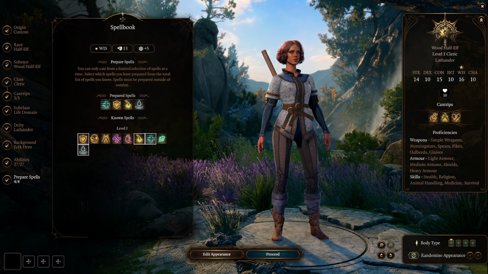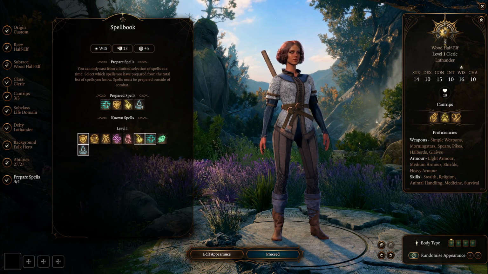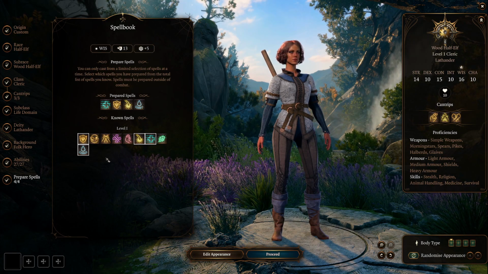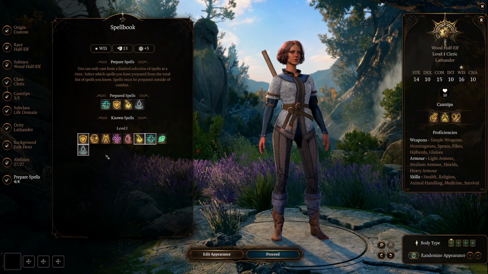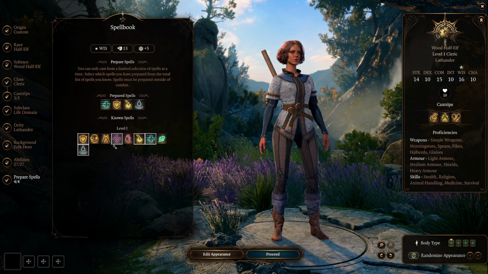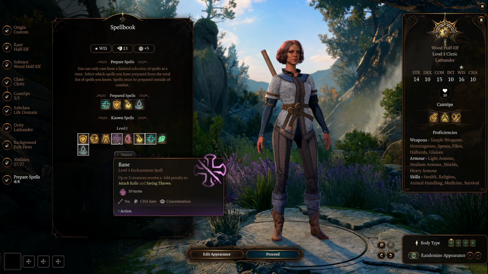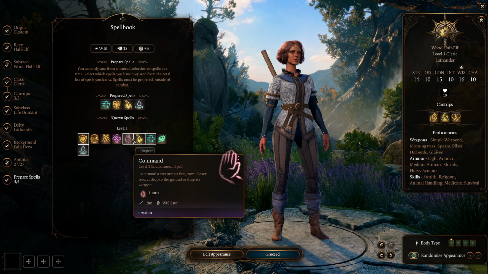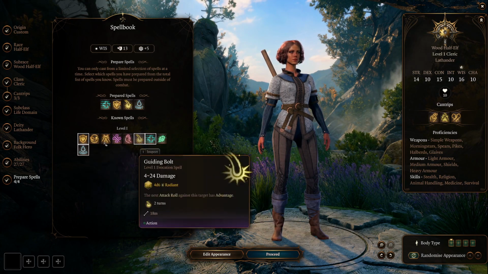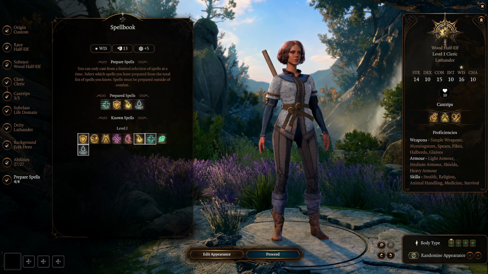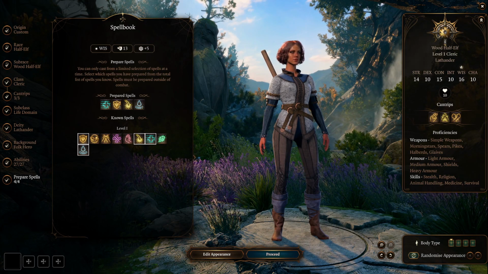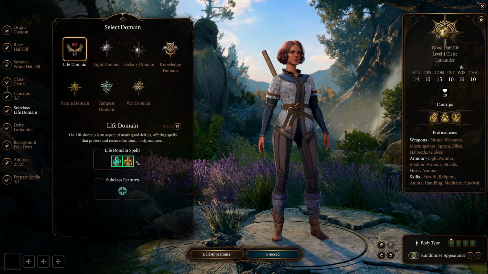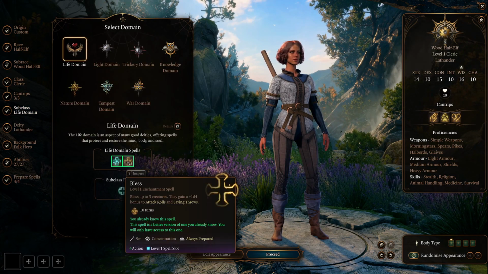Your prepared spells, your first level spells you could choose from, you do not have. This says you're supposed to be able to get Bless. You cannot get Bless. You can get Command. You can get Bane. You get Create or Destroy Water. Cure Wounds. Guiding Bolt. Right, Cure Wounds is not in here. Things like that. I'm supposed to gain domain spells of bless and cure wounds as a life domain. I did not get that. It says I have them.